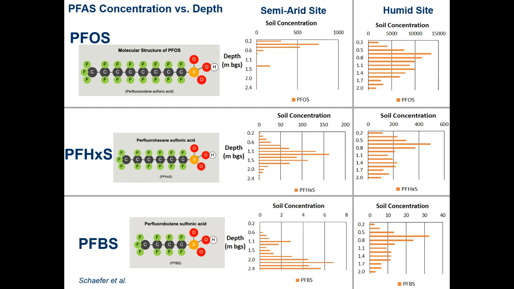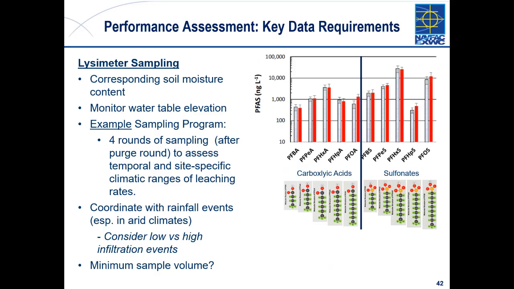Well, just, what you see in soil concentrations might determine where you want to put your lysimeters, and maybe that would determine whether you want to use multi-level lysimeters. It's just another factor, and why it's a good idea to get these soil data first before you install your lysimeters, or at least that's what we have found has been beneficial to us at these sites. So let's move to slide 42. We'll talk a little bit about how we employ lysimeter sampling.